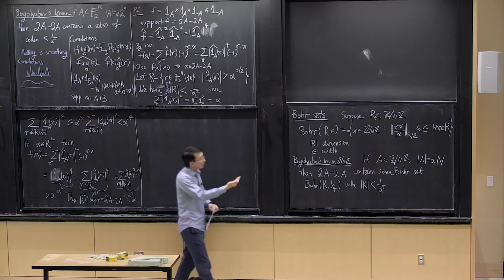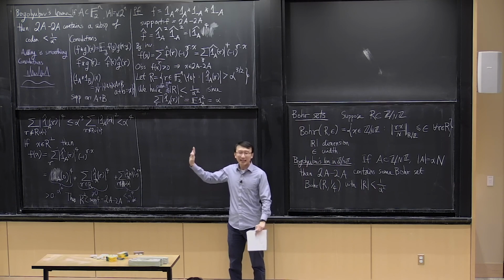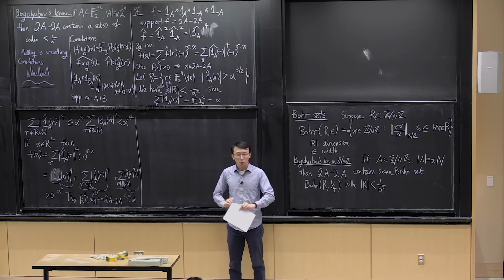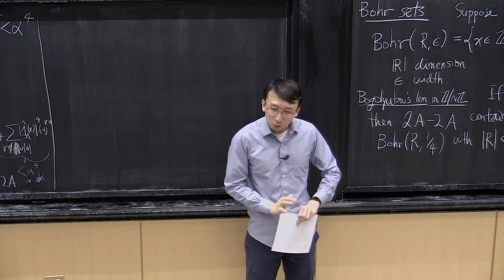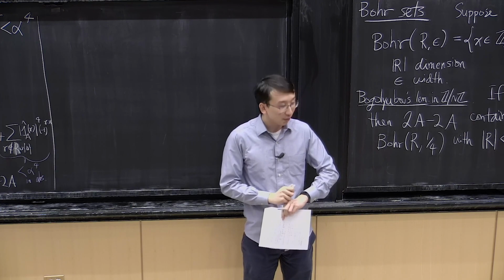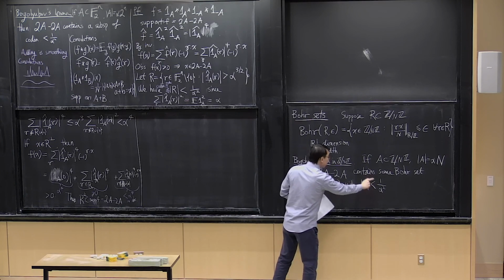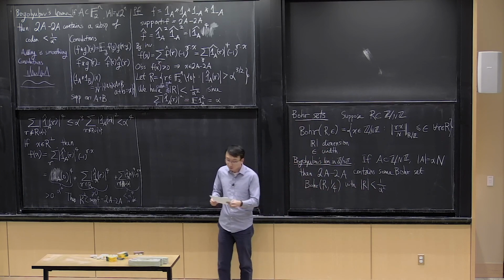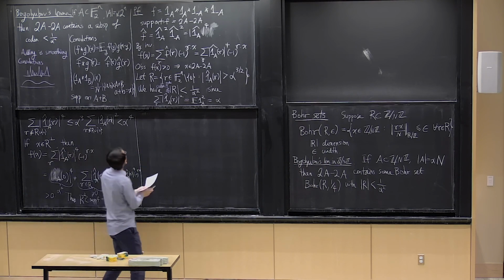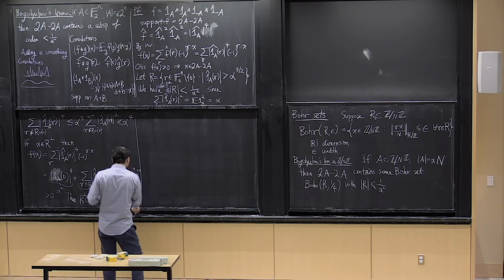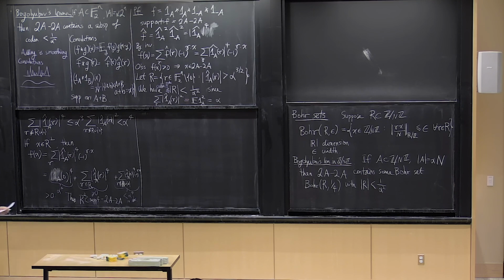You see, even the bounds are exactly the same, 1 over alpha squared. And the proof is going to be pretty much exactly the same once you make the correct notational modifications. So I'm going to write on top of this earlier proof and show you what are the notational modifications so that you can get exactly the same result here, but with Bohr sets instead of a subspace. The thing to keep in mind is that we have a somewhat different Fourier transform. Okay. So let me now use a different color chalk.